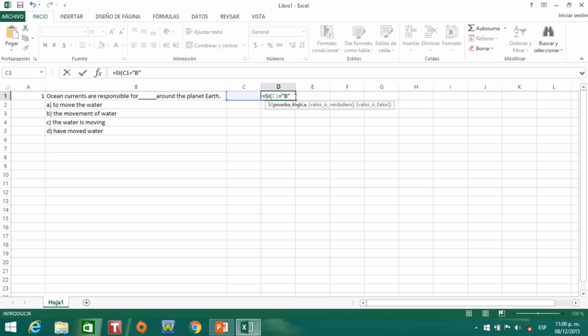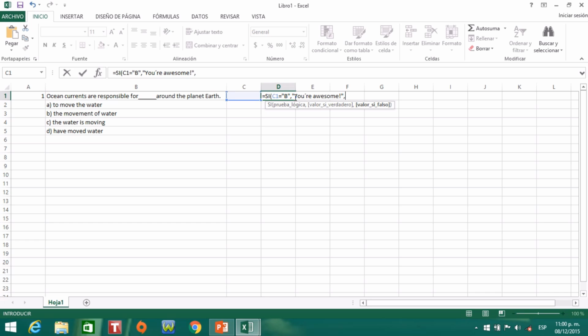Type it, quotation marks, comma, quotation marks again, and here you're going to insert or type the phrase that students are going to see if they type the correct answer, okay? You're awesome. Then, comma,